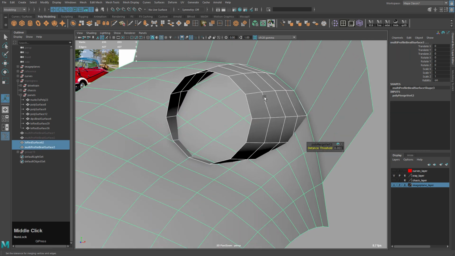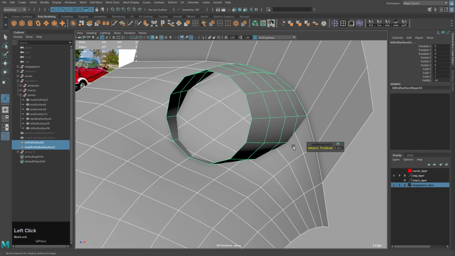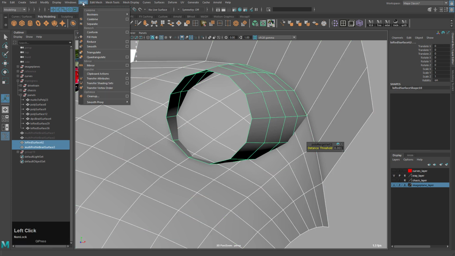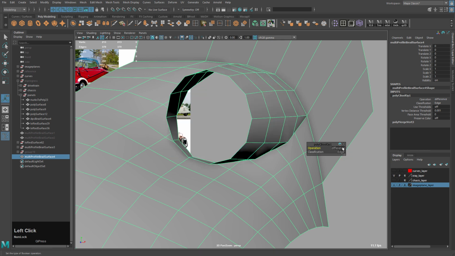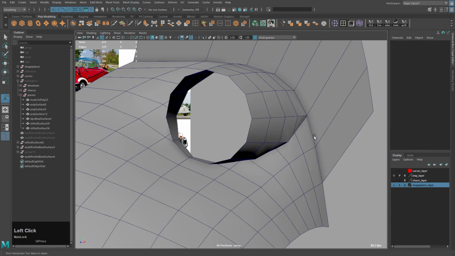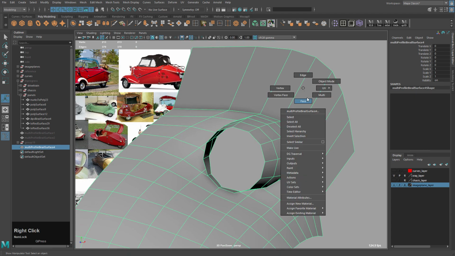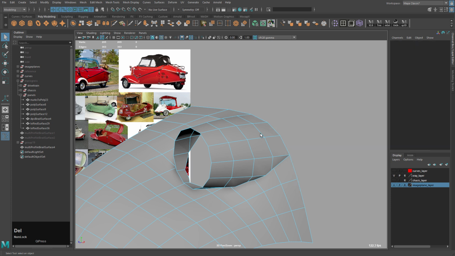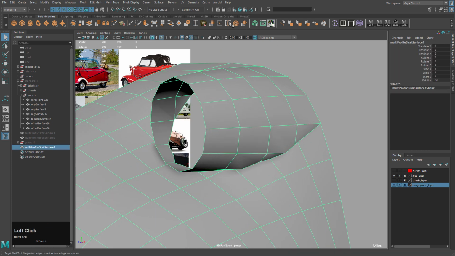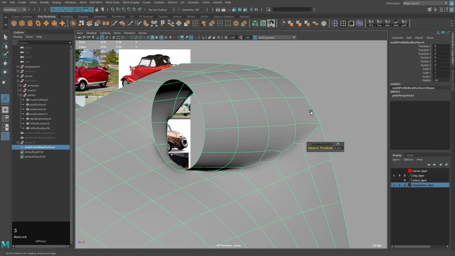Let's change the selection order. See how this headlight is white? I'm going to change the selection order so that the headlight is green, and try that again. There you go. Once you change the operation, you will sometimes get what you need. I can then select the extra faces here, hit delete, and then I like to click merge vertices just to make sure everything else is cleaned up.